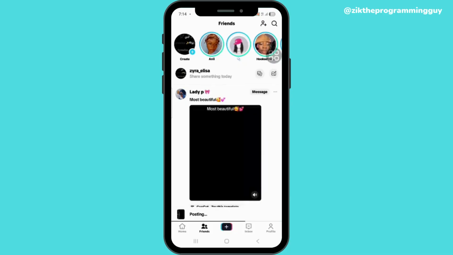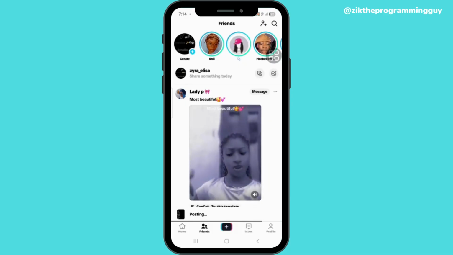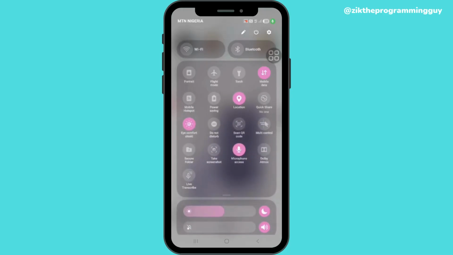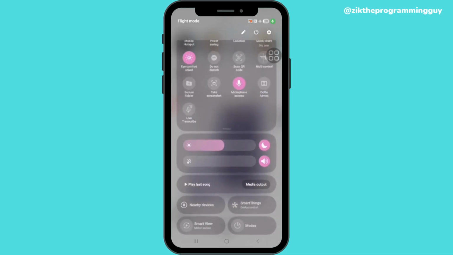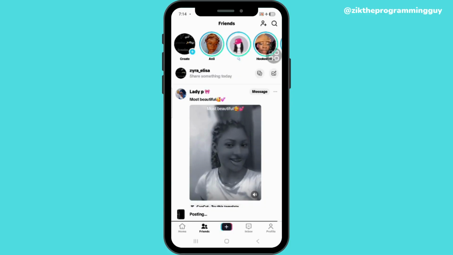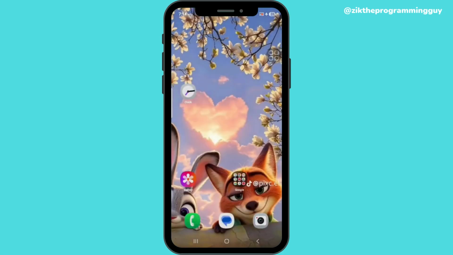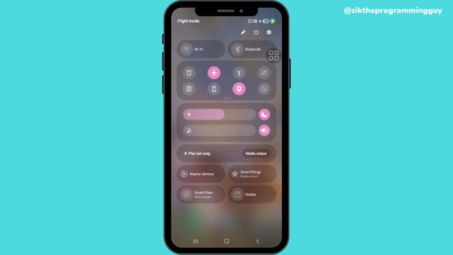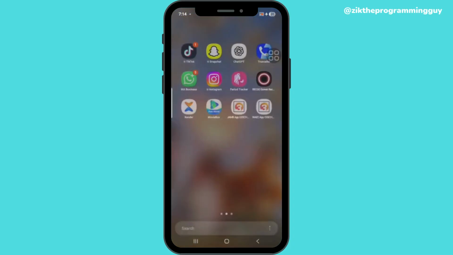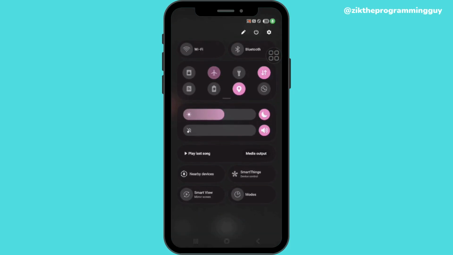Then once it's uploading, what you need to do immediately is turn on your airplane mode, right? And once you do that, you close up the TikTok app immediately and hold on for some minutes. Right, so hold on, and open up the app again, right, and turn on your airplane mode,